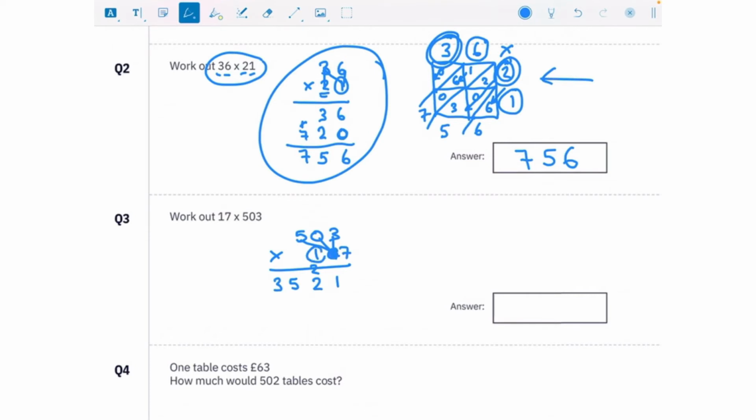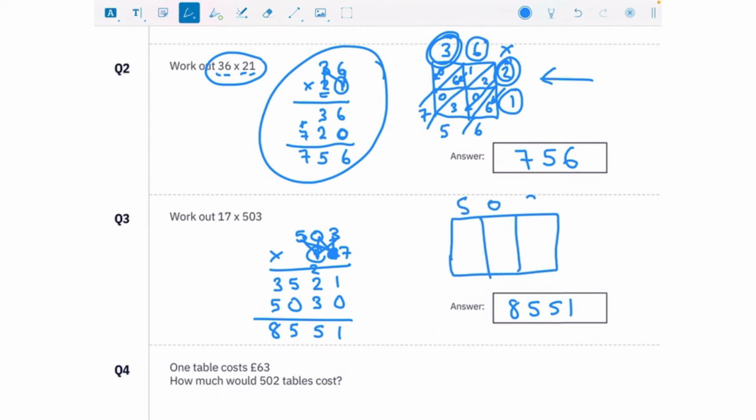And instead of a 1, it's actually a 10, so we'll put that 0 in. 1 times 3 is 3, 1 times 0 is 0, and 1 times 5 is 5. Adding that up is 1. 2 add 3 is 5, 5 add 0 is 5, and 3 add 5 is 8. So 8,551. Doing it the other way, we've got 503, which is 3 boxes wide,